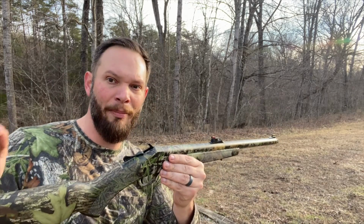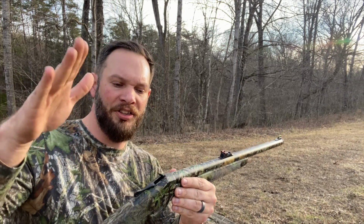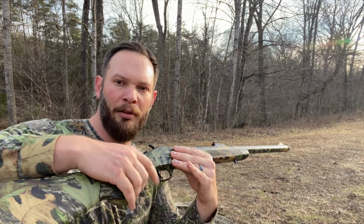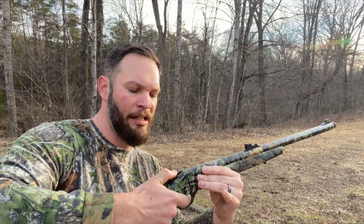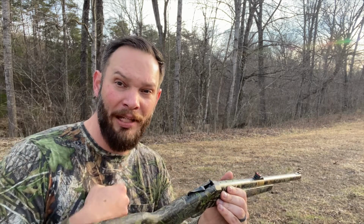It is a rebounding hammer. What that means is there's no way this is going to drop fire. This is not going to hit the firing pin unless the trigger is being pressed while the hammer is falling from the back position. Now, this rebounding hammer is not only a safety feature for me, the hunter who's carrying my own gun,